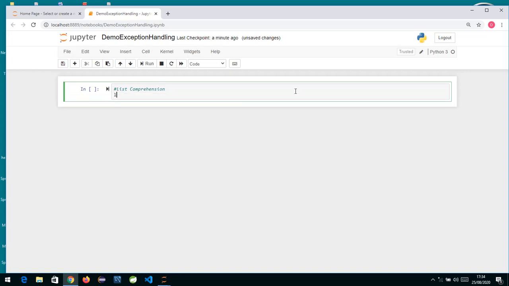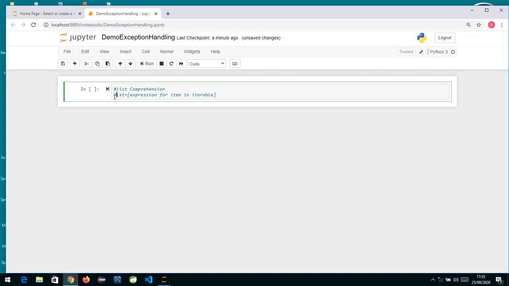So how we write it is, suppose I write LST is equal to, in square brackets we are going to write the expression, and for each item in the iterable type of object. So this is the syntax.